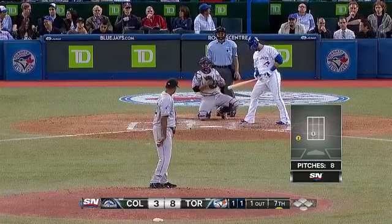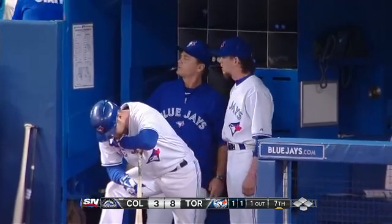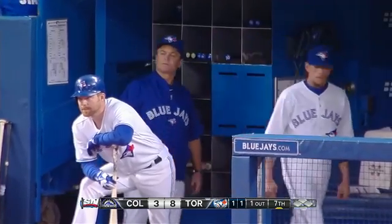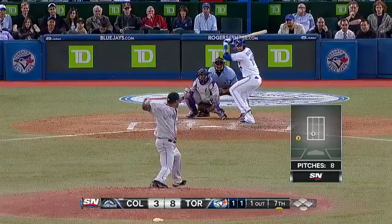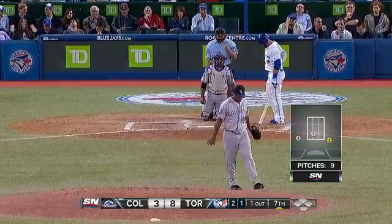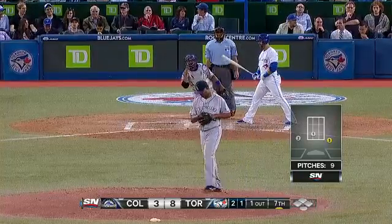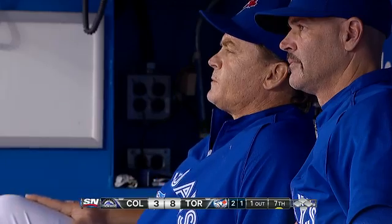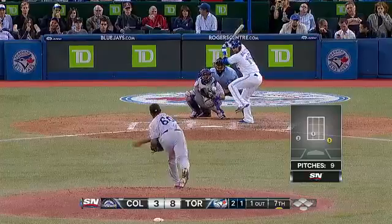Well, this is the time of a ball game that you really have to grind it out and make sure that it ends up the way it should. If you're the Blue Jays, you've got to win this game. You can't let this one slip away. Well, you saw Kevin Pillar and John Gibbons pointing to the lineup, and they're probably going to make a defensive change here and get Rasmus into the game, put Rajai Davis over in left for Melky Cabrera. Gibbons has been pretty consistent in getting Cabrera out of the game for defense late with the lead. You know, there's also 2 arguments about, and we do live in the pitch count era, so it does change the dynamics, but